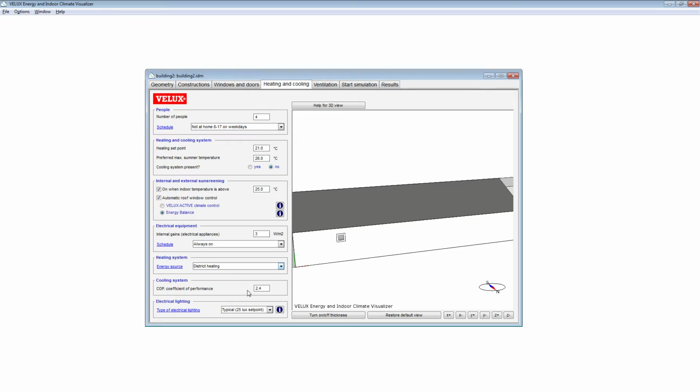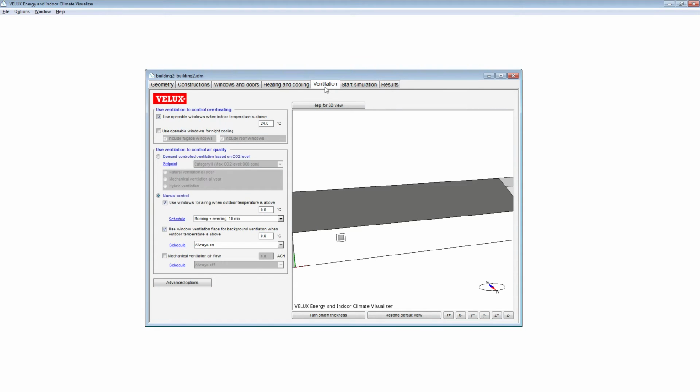And then you can have a cooling performance efficiency, COP, for your cooling system here. Also bear in mind that if you change all of these factors, you should accordingly change the factors when you estimate your whole building energy consumption in B10 or B15. These should be similar.